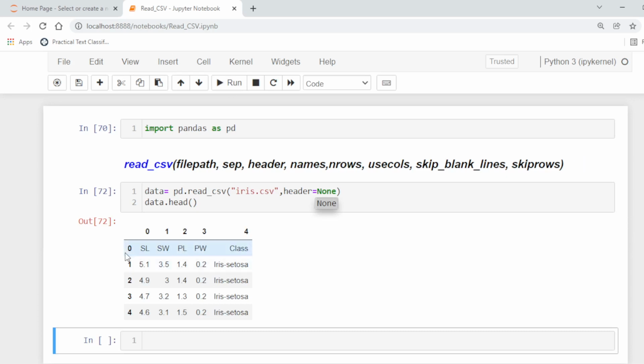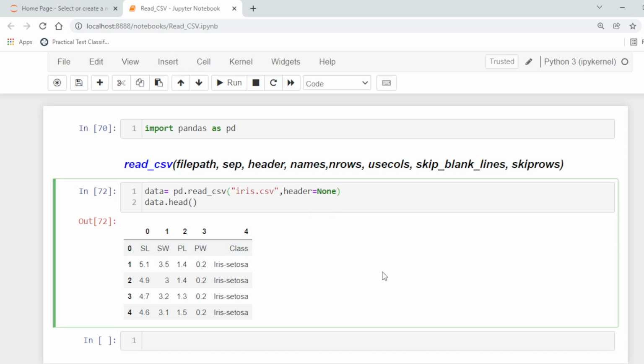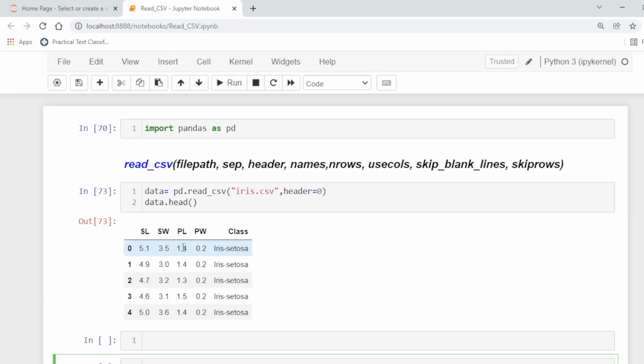Normally it infers row 0 by default as the header names for the file. You can also specify the number. Header is basically the row number to use as the column names. Default is 0. So it can be 0, which is the default one, and it will take the sepal length, width, the header stored in the file.